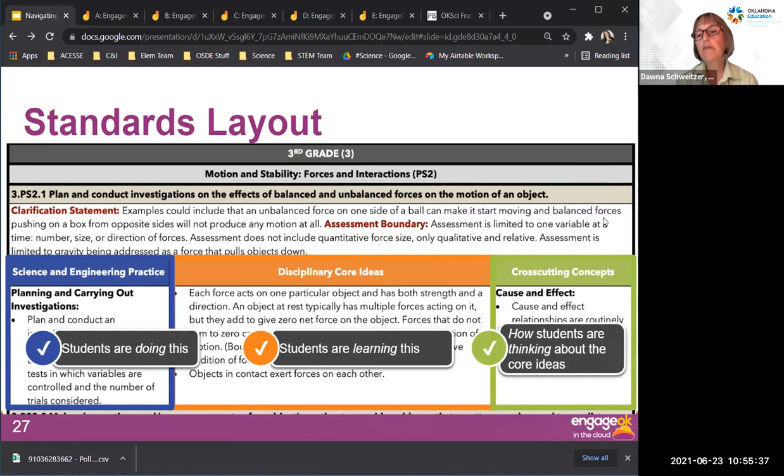For those of you that were very familiar with the old standards, one thing that might stand out to you is a slight color change. And again, this was a decision that was made by various committees, and we wanted it to more accurately reflect what we saw in the national frameworks and NGSS. And so the old DCIs were green in color, but now they're orange, and the old CCCs were orange, but they're now green. So if you happen to notice that, you're not being deceived. That color change really did happen.